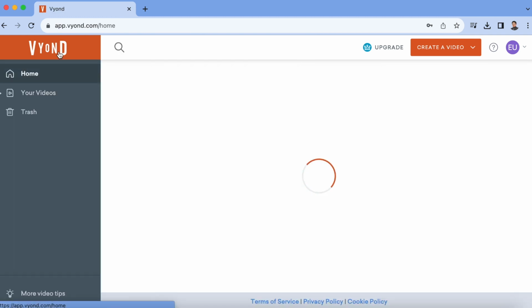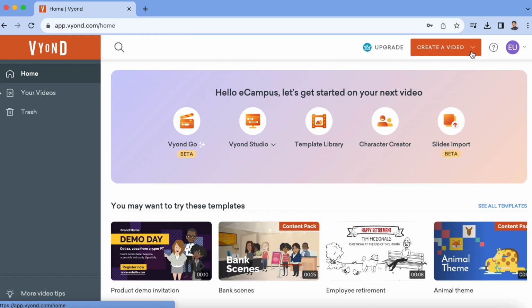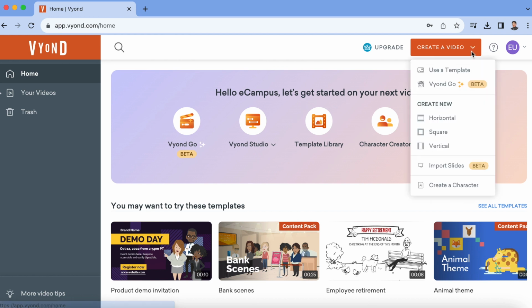So what you can do is you can go to the create video button up here, and instead of using a template, you can use a template, but that somehow might limit your creativity or the length of your video or the content that you're going to use. You can try and error the templates, but if let's say you are to create an animated video,